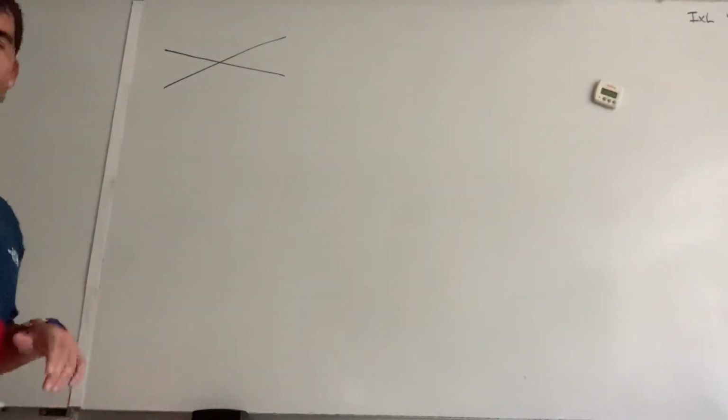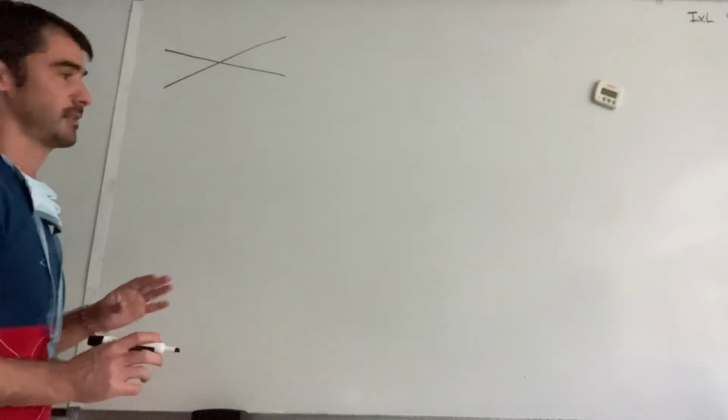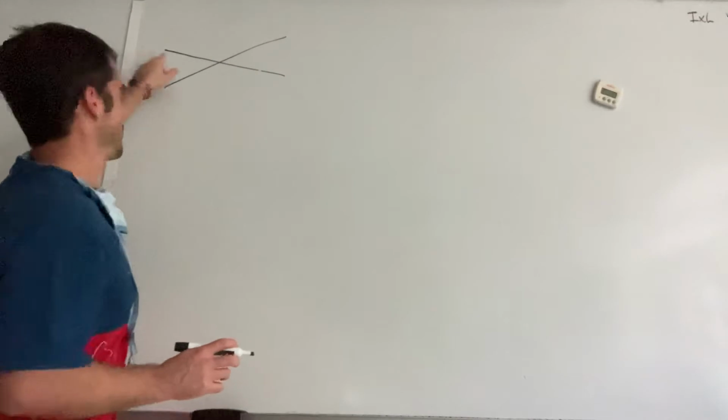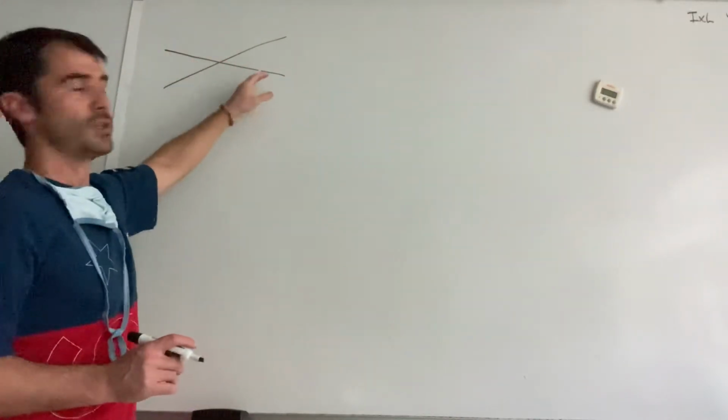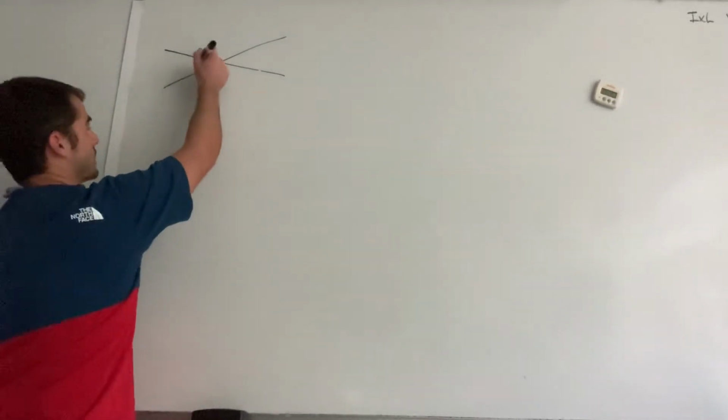All right, so I'm going to give you an introduction to a few different angles and finding some missing things, okay? I have drawn two straight lines here that are going to cross each other. And when you do that, you can form what's called vertical angles, okay? So vertical angles,